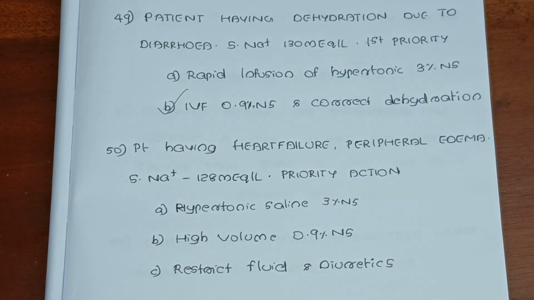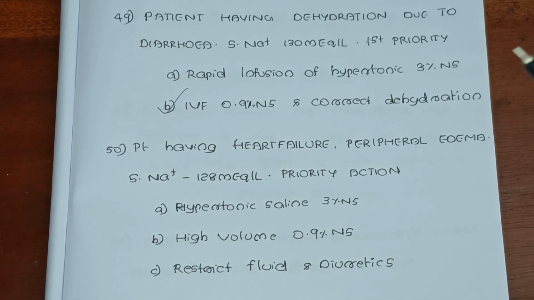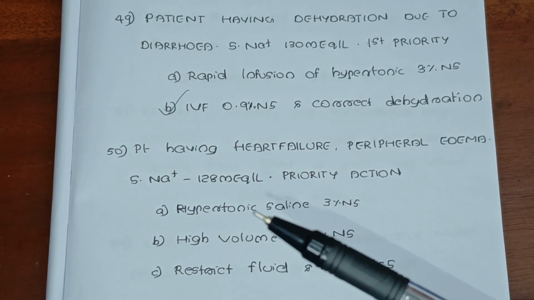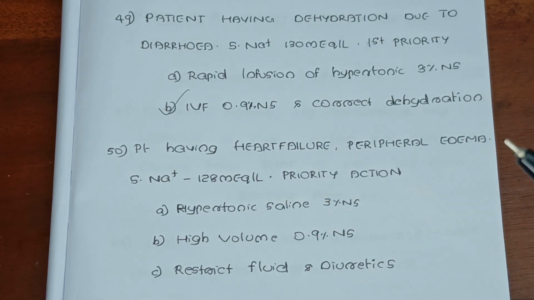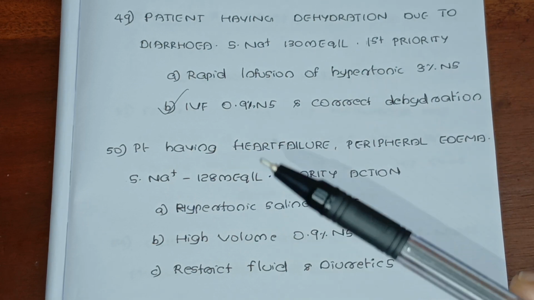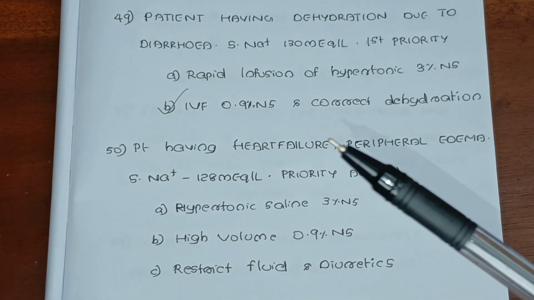Next question. Patient having heart failure and peripheral edema, serum sodium 128 milliequivalents per liter. Priority action: here serum sodium level is decreased. So, a patient having heart failure and peripheral edema,